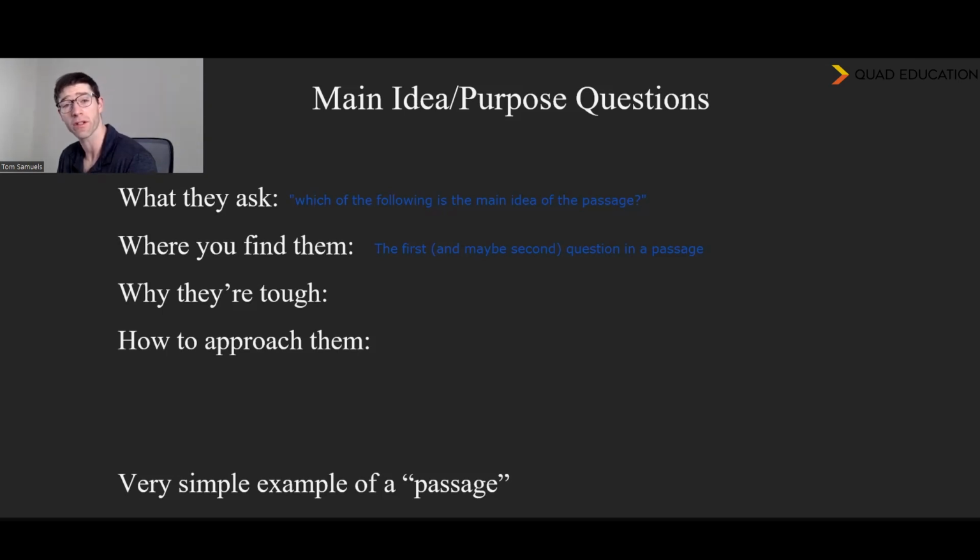But anyway, why are these questions tough? Well, pretty simply, they require just a lot of research and comprehension, which is hard. So on these reading tests, you have to work really quickly to absorb a ton of information about a wide variety of topics that are often both complicated and unfamiliar. Now, answering a question about a specific vocab word or line reference isn't really that bad because you don't need that much context. You can just find the line and do it. But doing a main idea question requires all of the context, and that's a lot of effort, especially with the time constraint that you have.